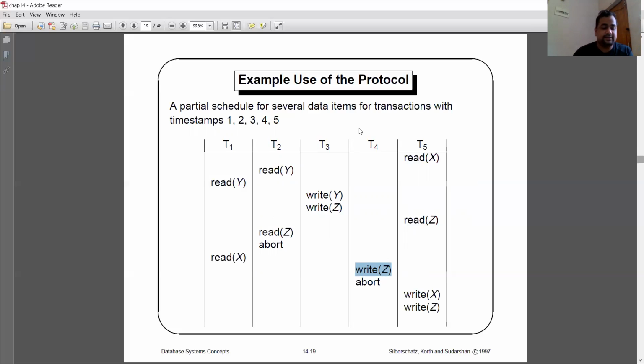So what does it indicate? The order in which the transactions are executed is nothing but the timestamp. So here we'll go for a read of X, read of Y, write of Y, write of Z, read of Z, then there are the abort operations. Okay. So from this example, you can verify the time order sequence of those protocols.